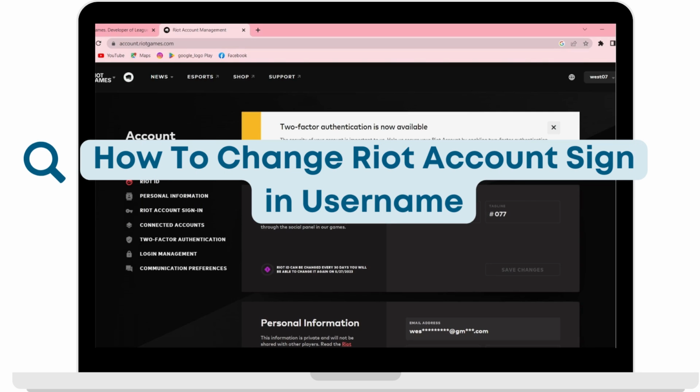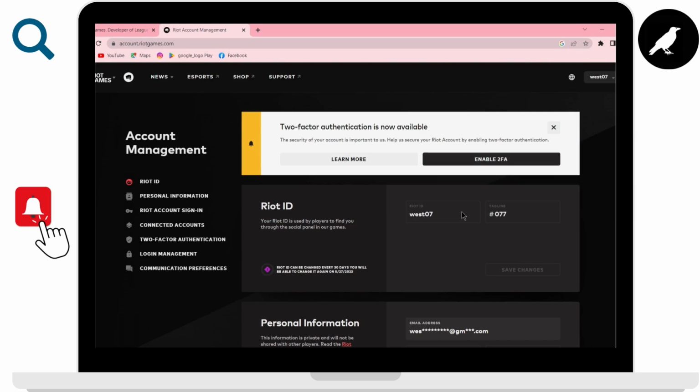How to change Riot account sign-in username. Is it possible or is it not? Let's find out. So as you're probably aware, if you go to the website